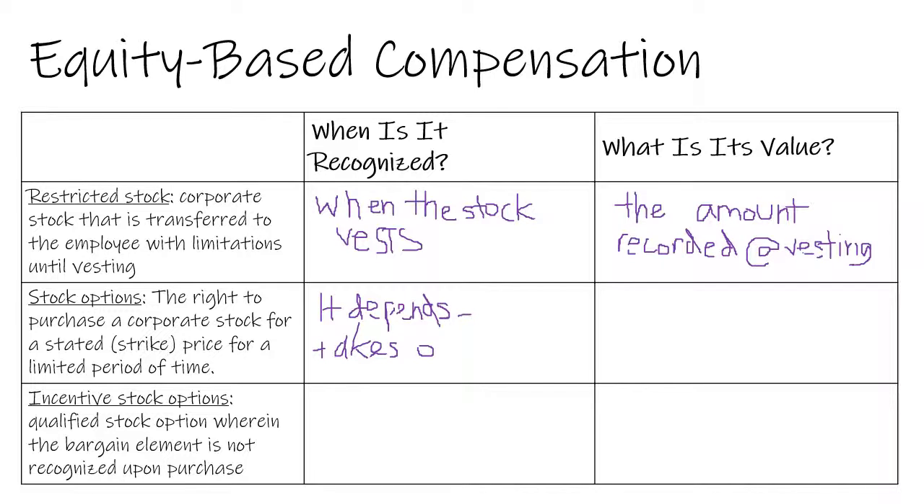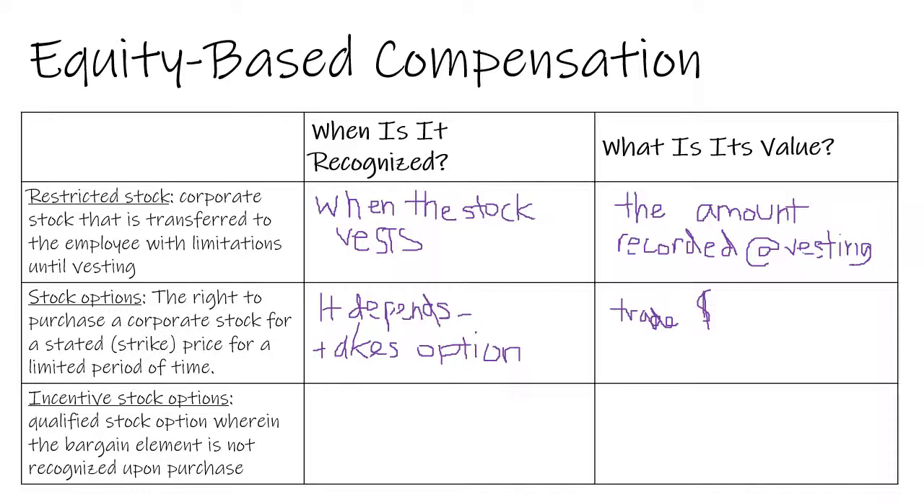However, if the option price is greater than the current trading price and the employee elects to buy stock, this constitutes a regular purchase of stock, and there's no additional income recognized for such a purchase. The stock's value is the trade price at time of purchase. And finally,